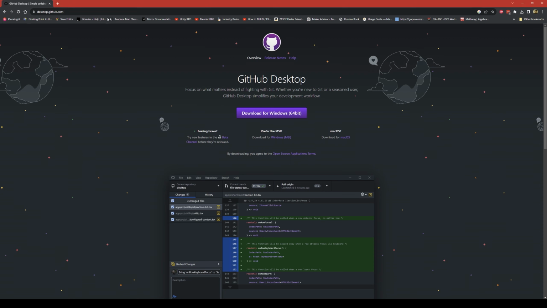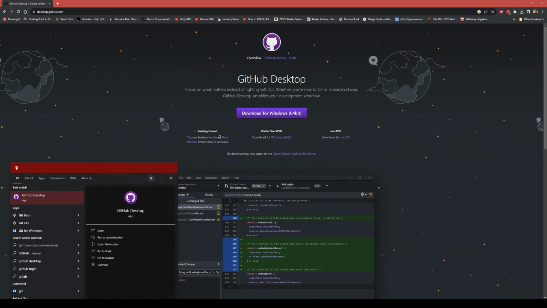I also like to use GitHub Desktop. I'll have a link to this in the description as well. So I have Windows, so I'm going to click Download for Windows. And what this does is it makes using GitHub really easy. So once it's installed